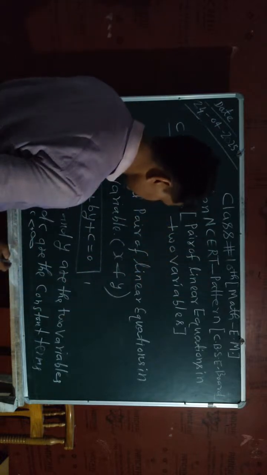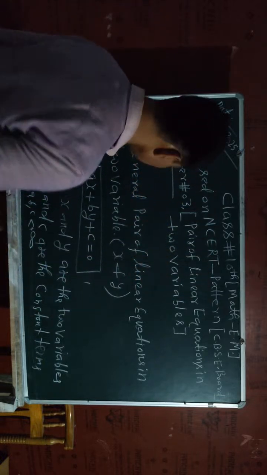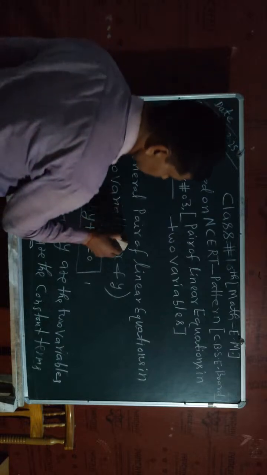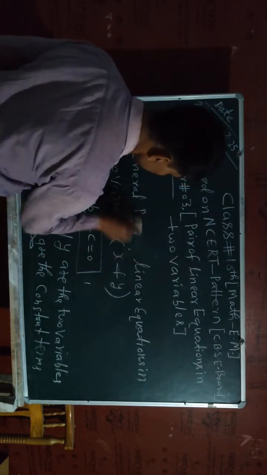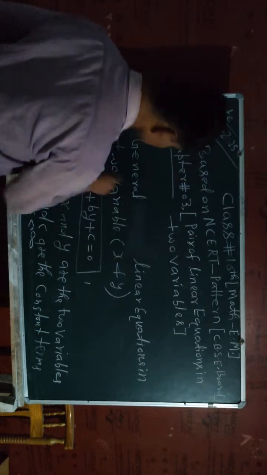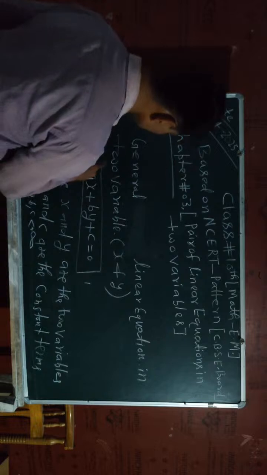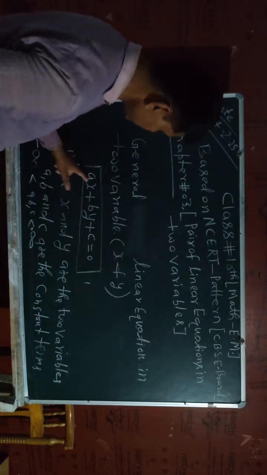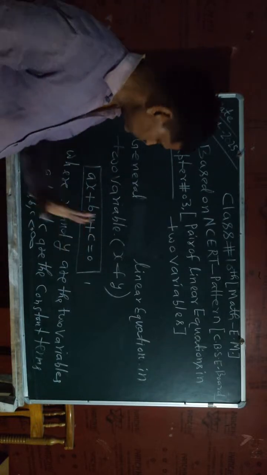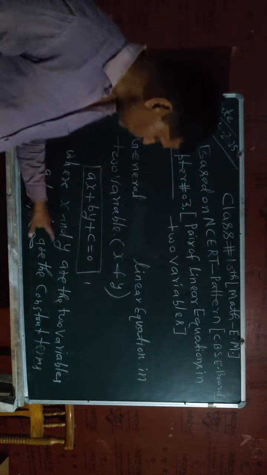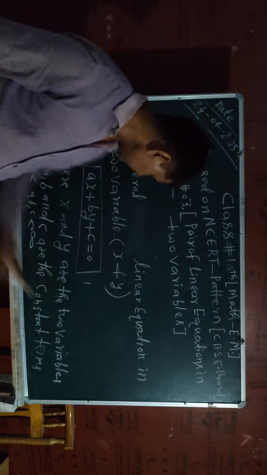This is the general equation. Here I will write the general linear equation. General linear equation in two variables x and y: ax plus by plus c equals 0, where x and y are the two variables,